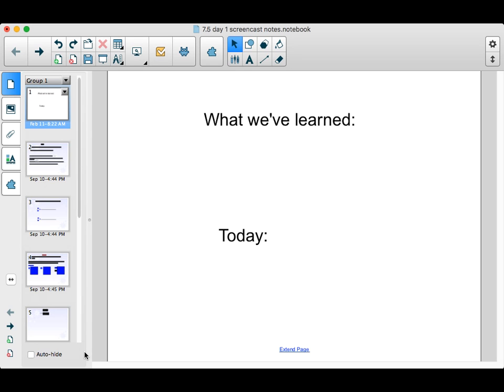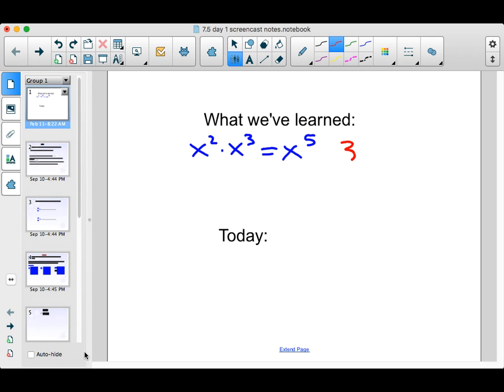Okay, I wanted to review what we've learned so far before we add even more properties to this. So our first exponent rule we learned is that if you're multiplying them together and they have the same base, you keep the base the same and you add the exponents. That would be the same if it was a number as a base too. So if I had 3 to the second times 3 to the third, you keep the base the same and